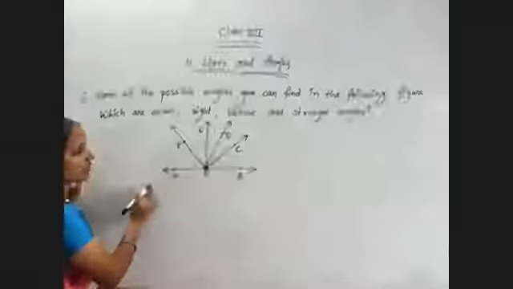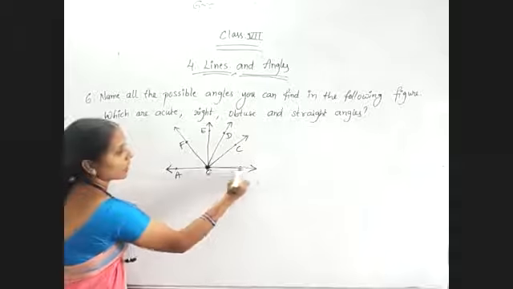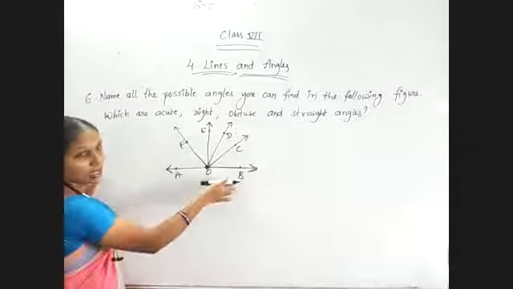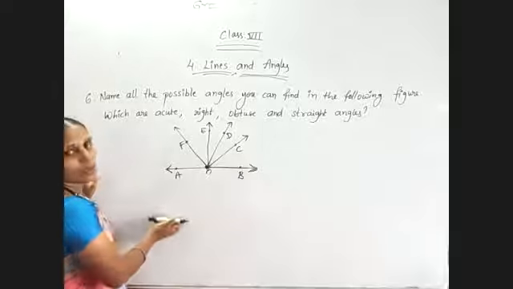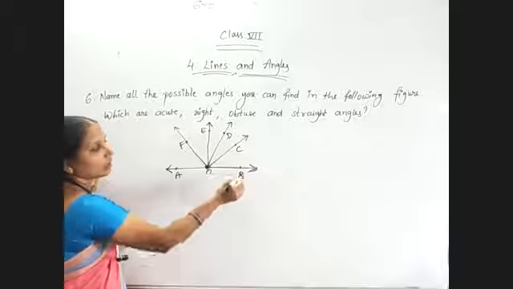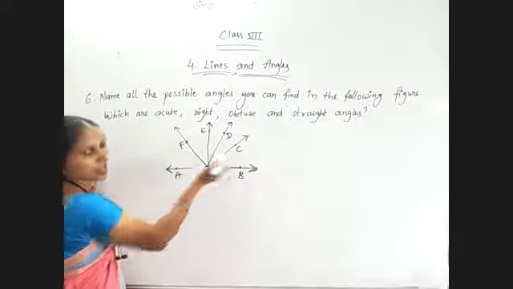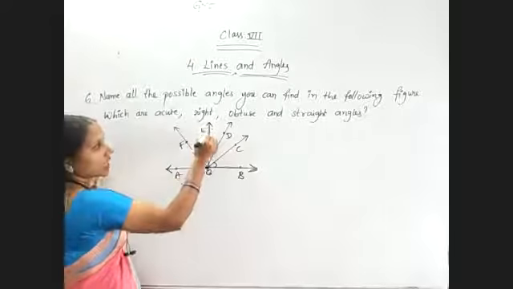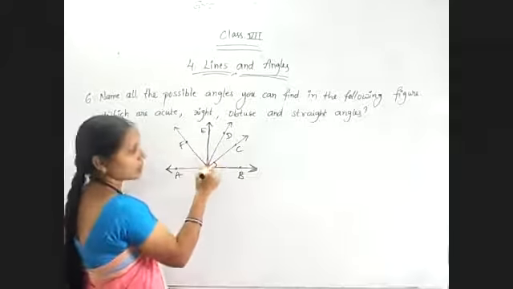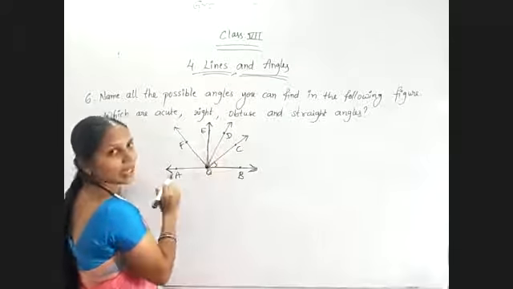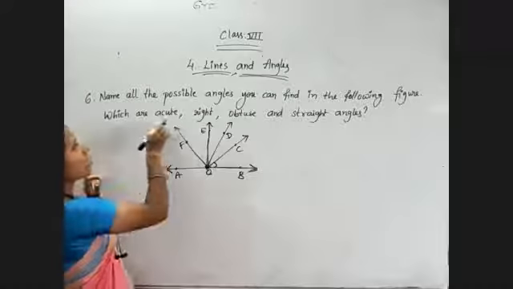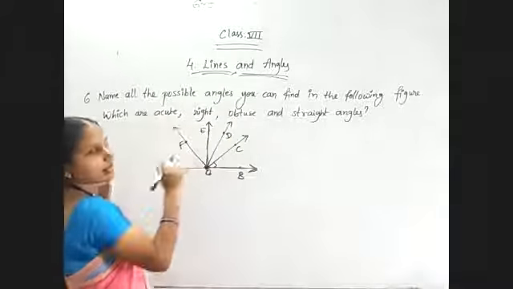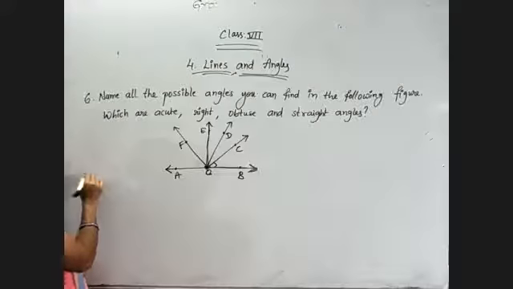First I am starting with ray OB, on the right side. With OB I am starting. So OBC is one of the angles. Angle BOC. Okay, this is one angle. Now just observe, the right angle is this one only, and this is less than 90. So which type of angle is it? Acute angle. They are already telling us to classify the angles into acute, right, obtuse and straight. So I am doing the same thing.